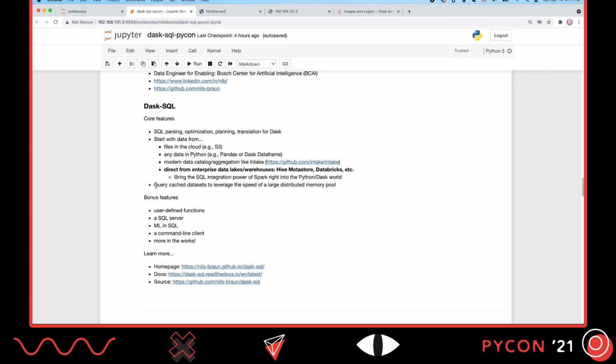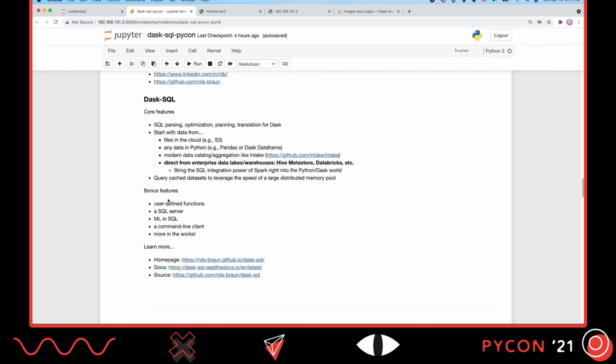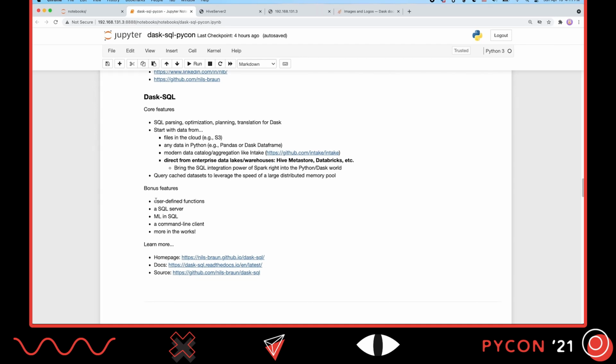There's a few other great features we've got here too. Just like we can normally do with Dask, we can cache data sets. So if we have a big pool of servers, a big cluster, we can cache the data in there and use that for our work. And there's a bunch of what I've called bonus features, which will maybe eventually be core features,